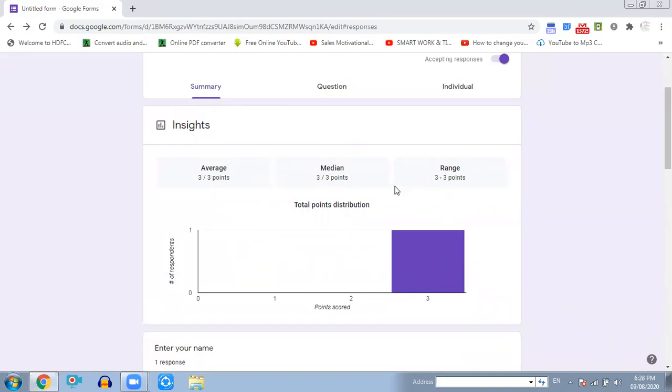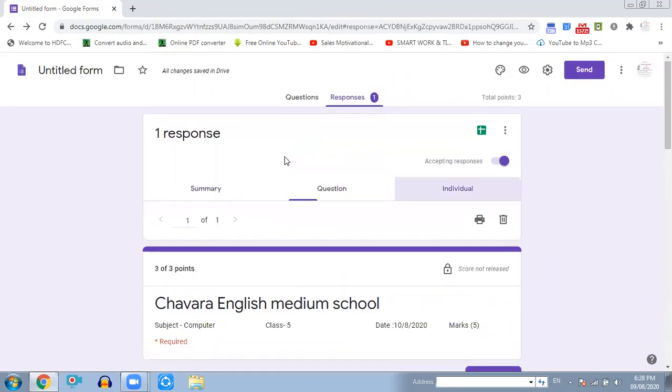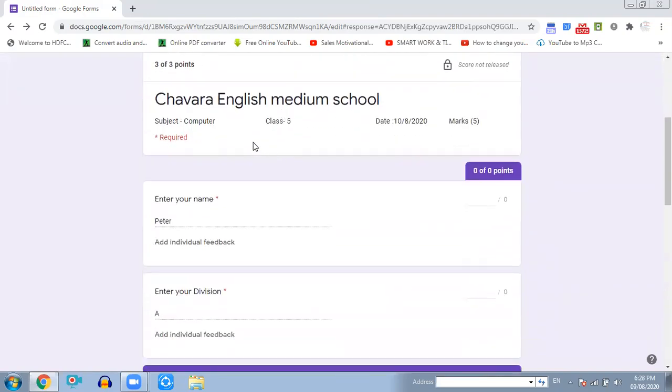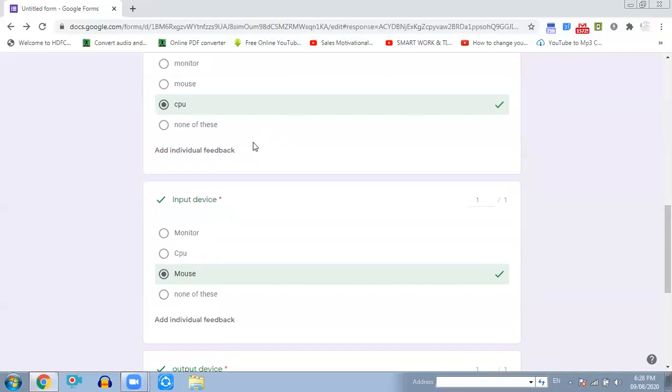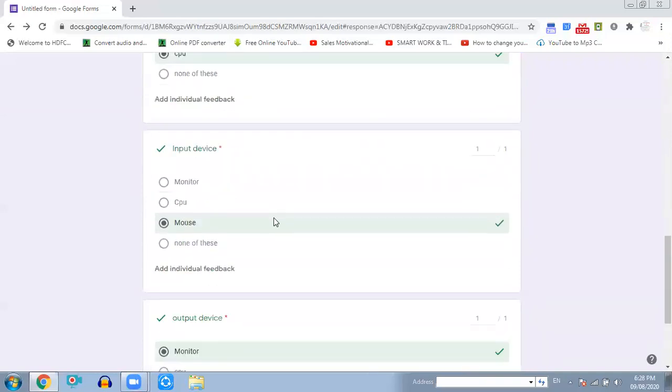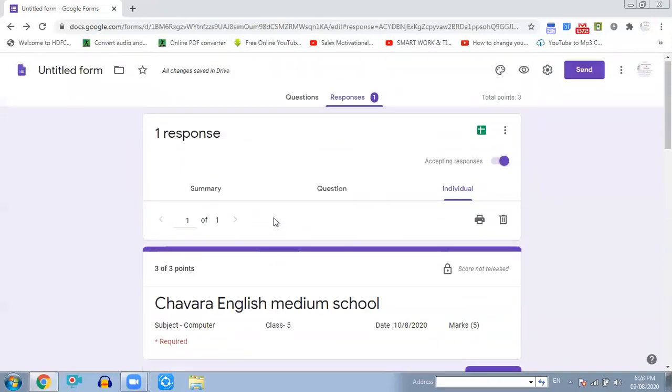Okay. And if you want to see an individual student's performance, you need to click on the individual tab. Here we have three tabs: summary, question, and individual. From this you have to select the individual tab. So here one student appeared. So question-wise you can see his response in detail, and this is automatically checked by the computer.